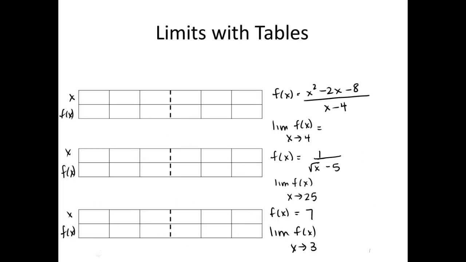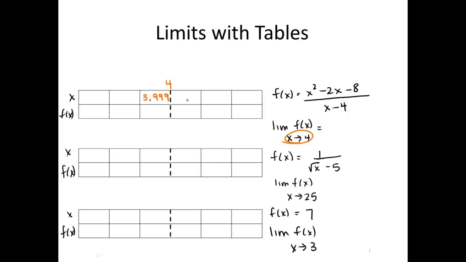Now the next one, I didn't choose any x values for you, and I'd like you to choose them with me. I'll help you and show you how we're going to choose them. I would like to take a look and fill in values because I'm approaching 4. So this time I'm going to work my way out from my table. I want these to be really, really close to 4, but I want them to be on either side of 4. So perhaps